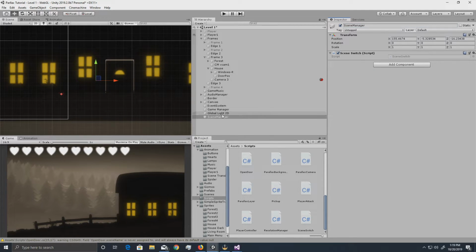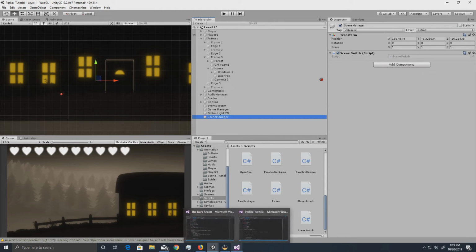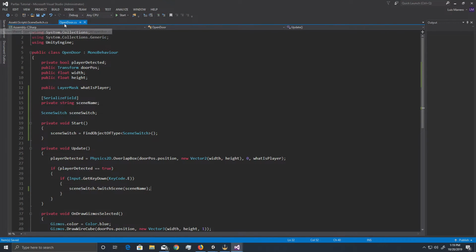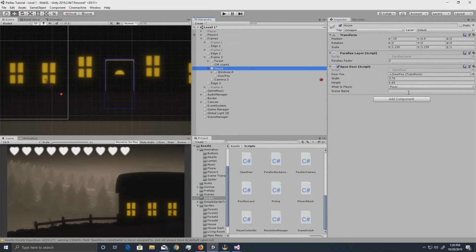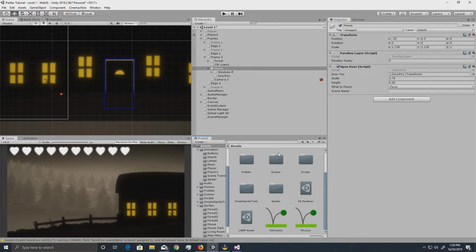And we have to do this because the open door script is searching for an object with the scene switch script on it, so we have to have that active within the scene. So go ahead and go over to your open door script, and now you can see there's a little parameter here for scene name. And basically, we haven't created the scene yet, so let's go ahead and go over to